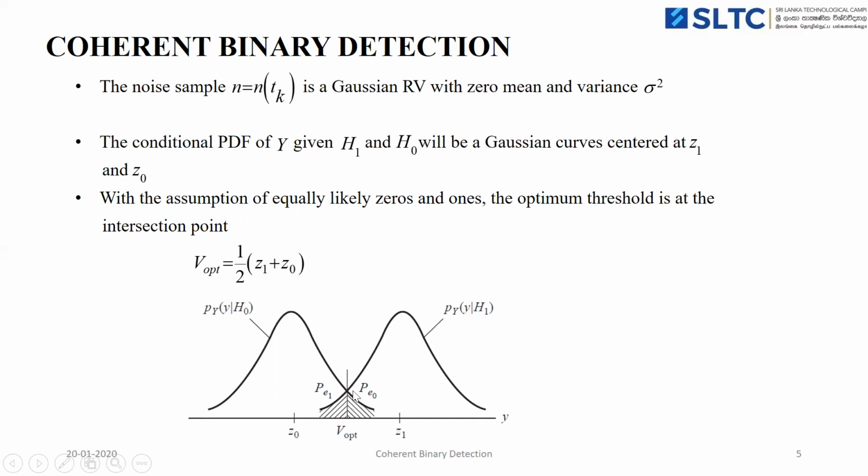Similarly, let us assume that bit 1 was transmitted from the transmitter, and the received signal is less than V optimum. In this case also it becomes an error. The received signal becomes the error signal, denoted by this shadow portion, right? In the P(E|1) shadow portion, because the transmitted bit is 1, the received signal amplitude should be greater than V optimum. Then only we are receiving the correct signal at the receiver. In this way, the detector takes the decision by using the optimum threshold V opt.